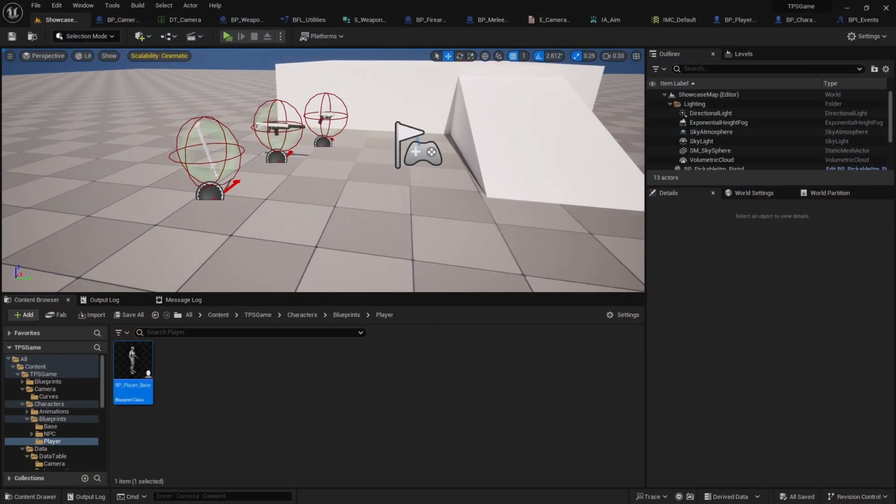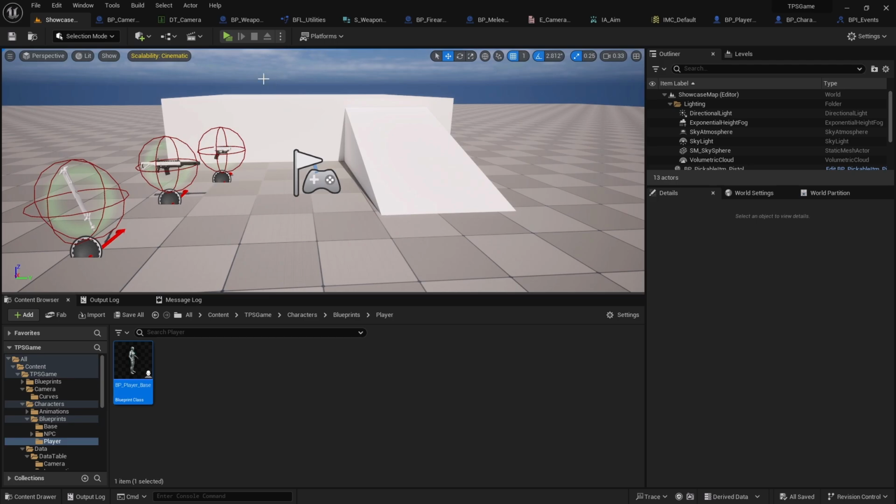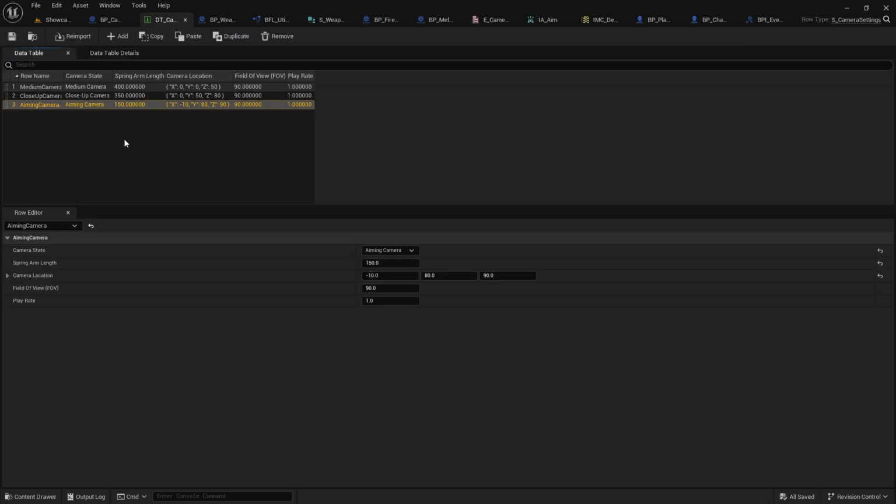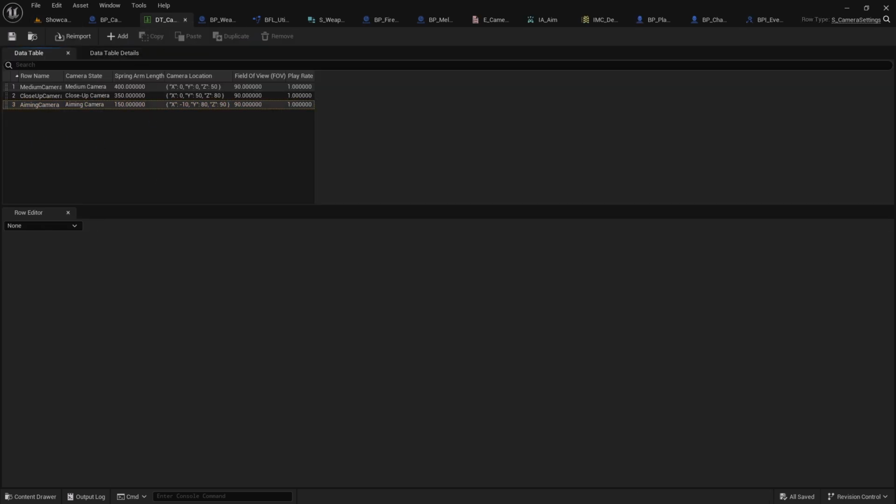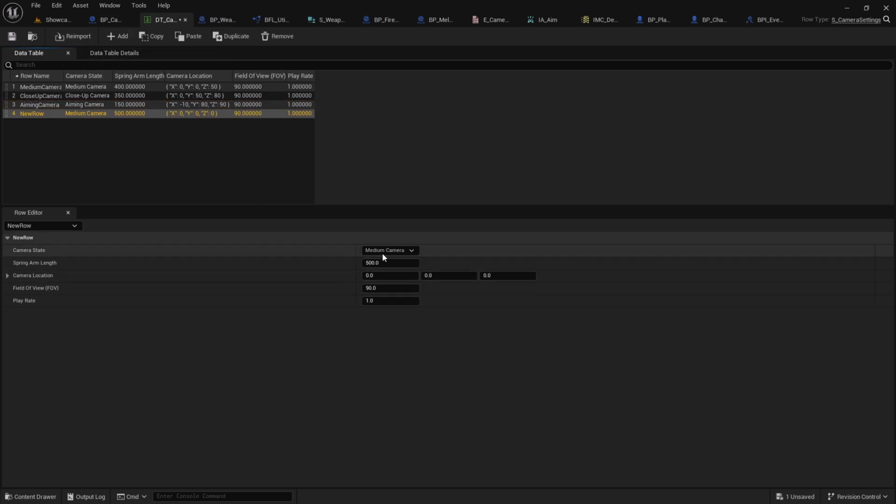Okay, so first I will do the sprint camera stuff, right? So you can go to the DT camera data table and let's add a sprint camera state, and I'll name the row sprint camera,